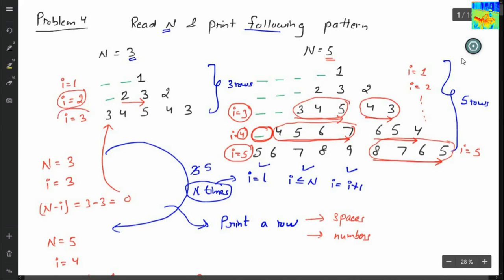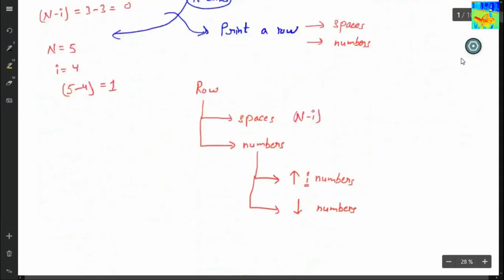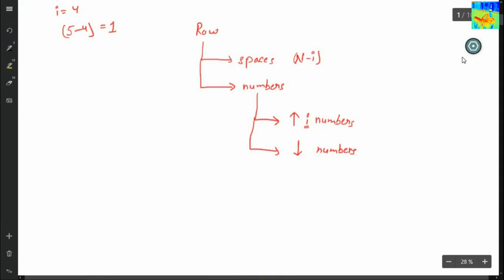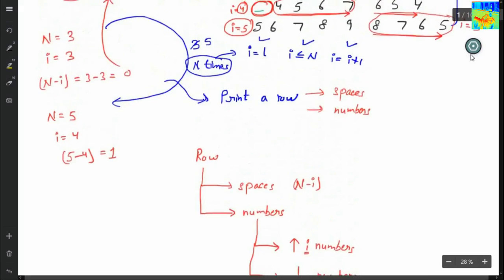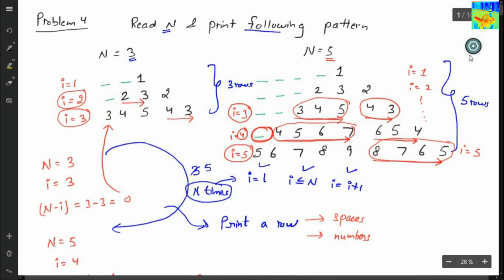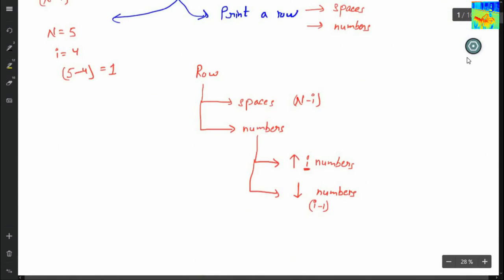Here the value of I is 3 and I am printing 2 decreasing numbers. So how many decreasing numbers do I have to print? I have to print I minus 1 decreasing numbers. Okay. So if we look carefully, what is the first number that I will print?